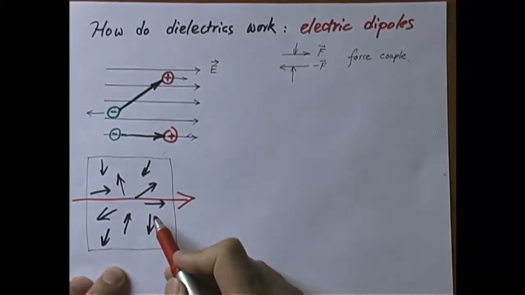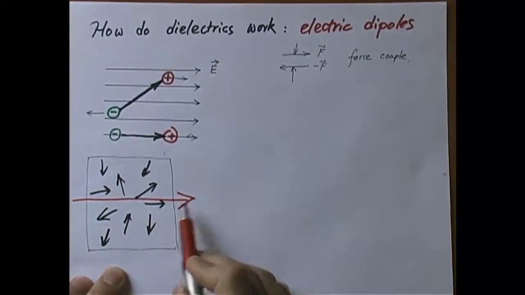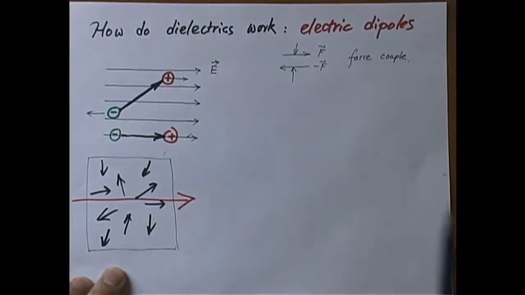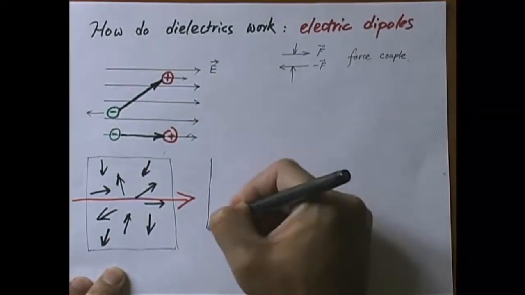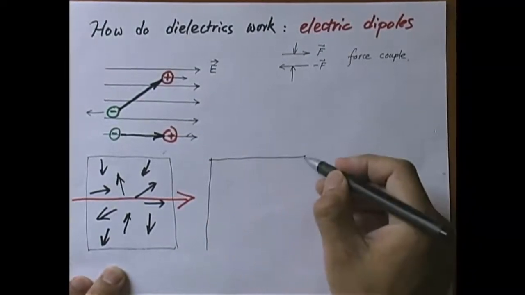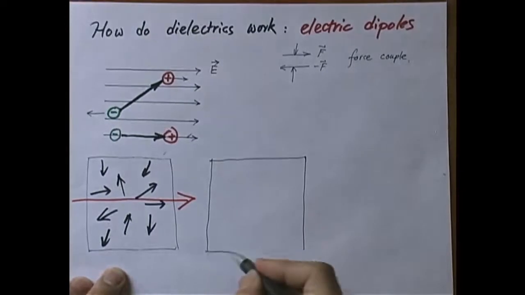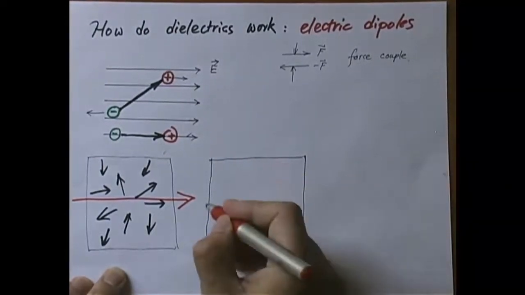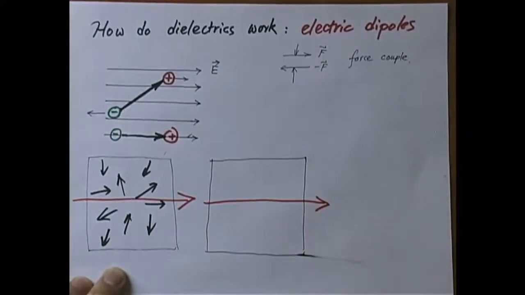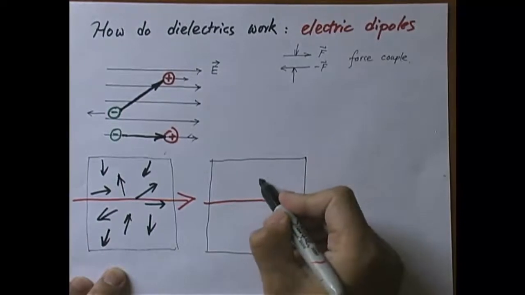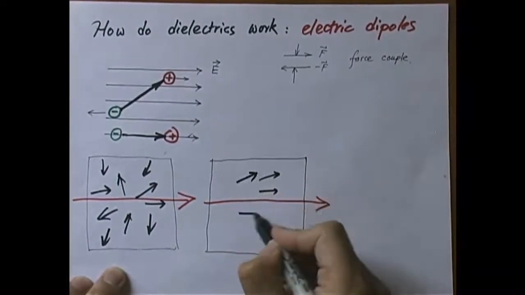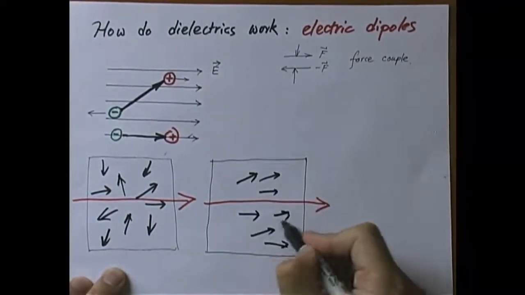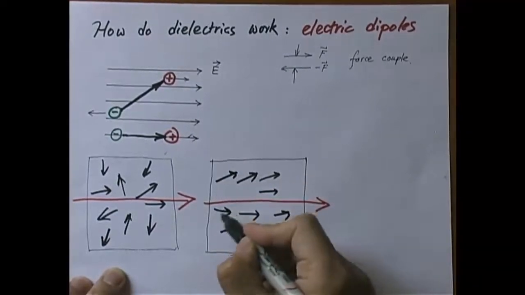Now, under ideal circumstances, each dipole will be totally aligned along this direction, just like this guy. In reality, the alignment is not perfect. There are always some dipoles that will misorient, but more or less, in general, the dipoles will be somewhat aligned. So you're looking at a situation like this, something like this. The alignment is not perfect, but it's